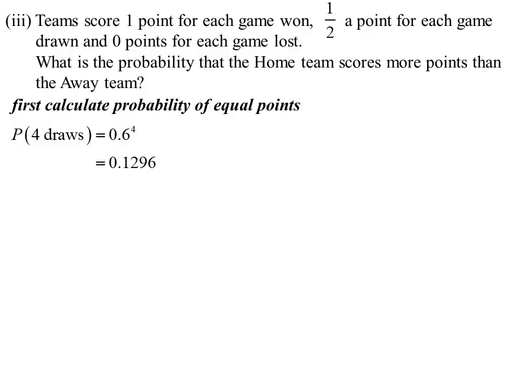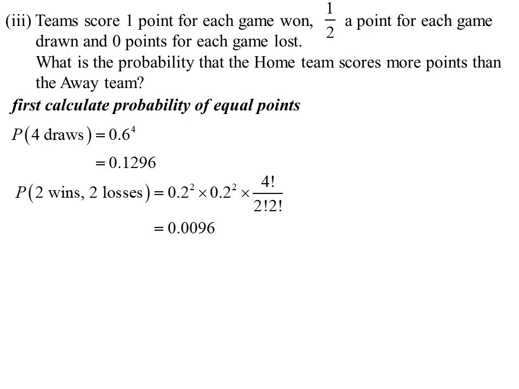You could have 4 draws. That's going to be 0.6 to the power of 4. Draw, draw, draw, draw. You could get 2 wins and 2 losses. Remember, they've got to get equal points. 2 wins, 2 losses. A win was 0.2, so 0.2 squared. A loss was 0.2, 0.2 squared. But now we're saying, how many ways could we arrange W, W, L and L? That's like our word problem. Well, 4 factorial over 2 factorial, 2 factorial. There's that many ways of arranging those 2 wins and 2 losses. That gets us